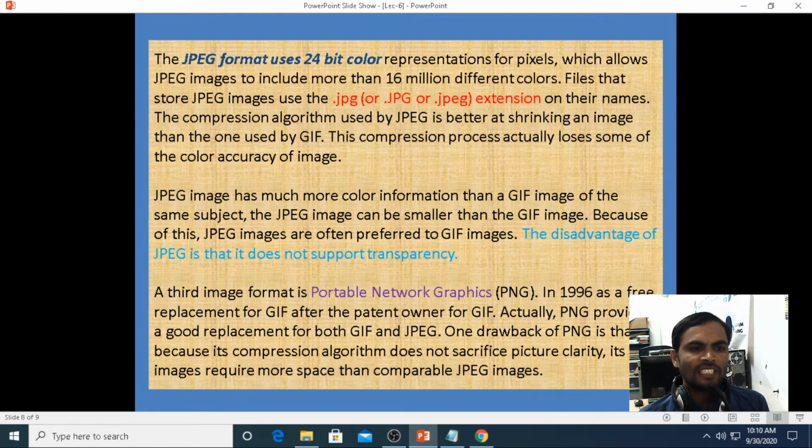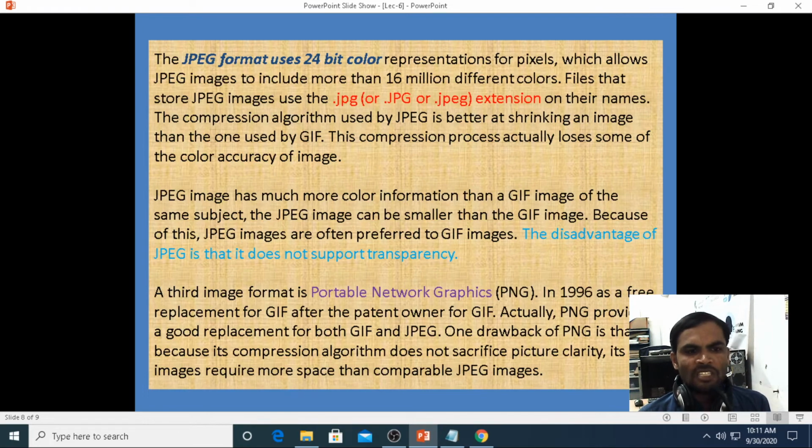JPG images have much more color information than GIF images of the same subject, but JPG images can be smaller than GIF images. Because of this, JPG images are often preferred to GIF images. The disadvantage of JPG is that it is not transparent.